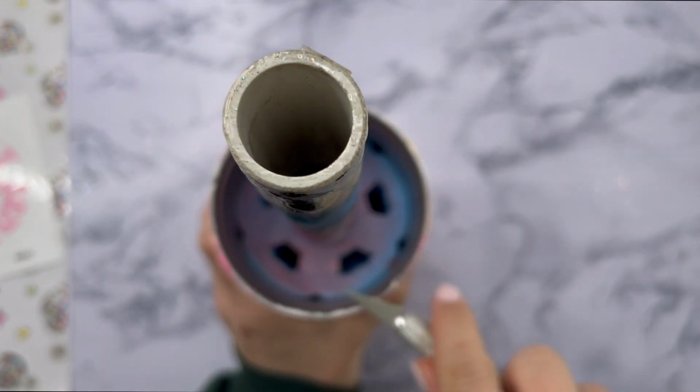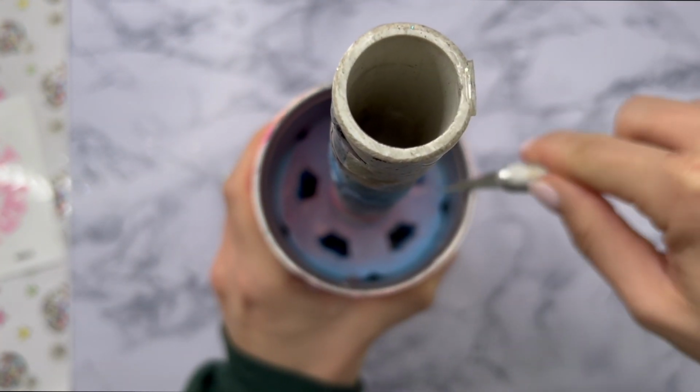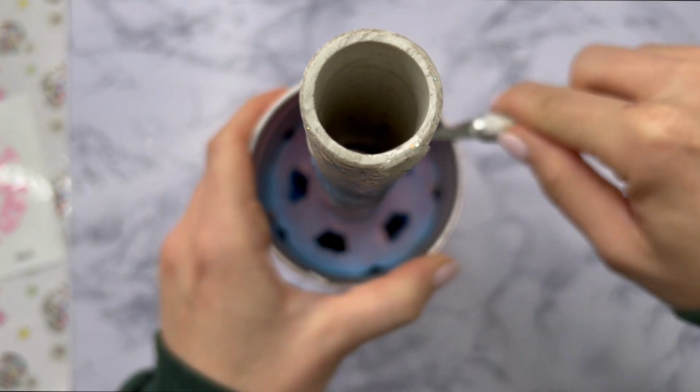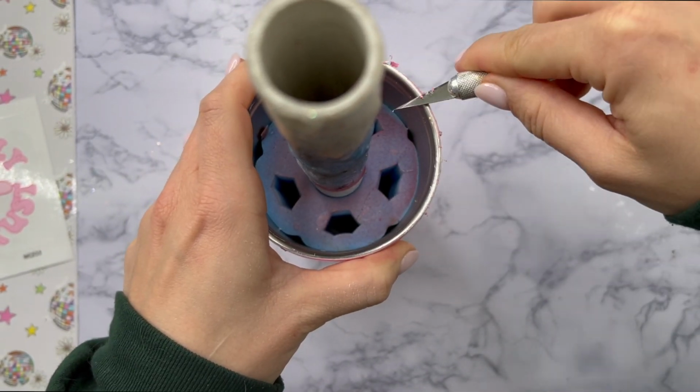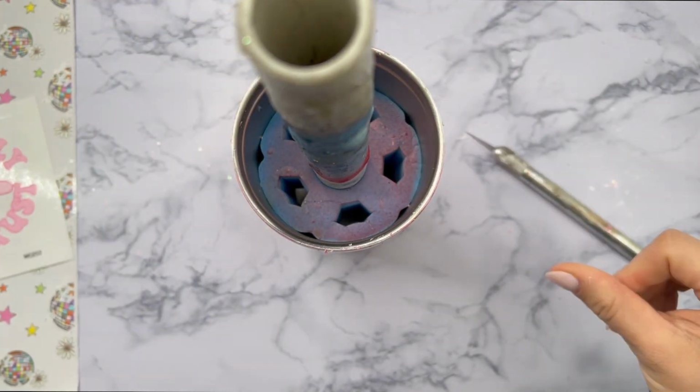Before we start adding our decals, I am going to clean up the top rim of the tumbler just with my craft knife really quick. Just going to run that along the top rim of the cup, and then I'll wipe the cup down with some rubbing alcohol. I'm not going to do any sanding at this point because the decal and the vinyl we're